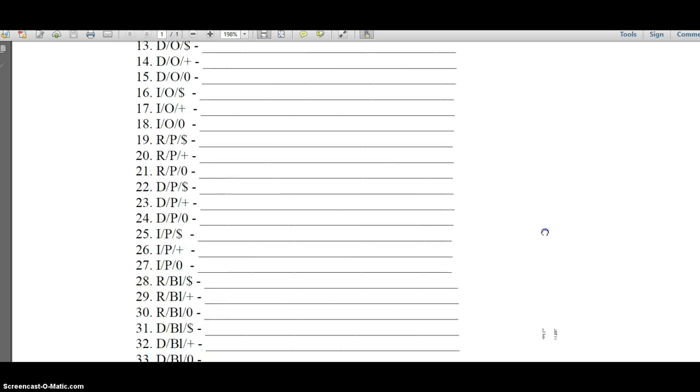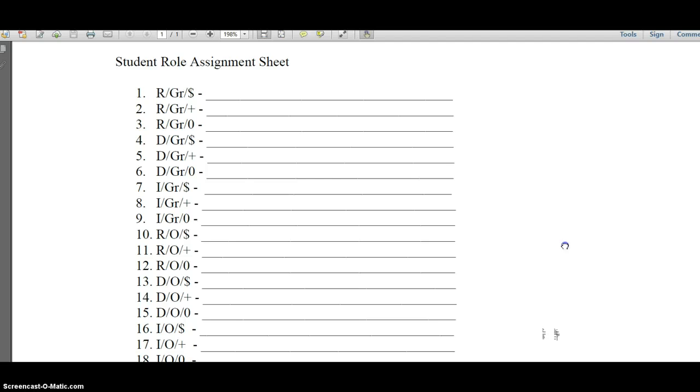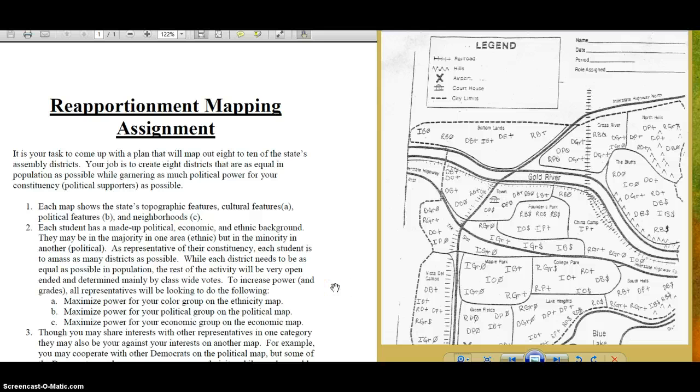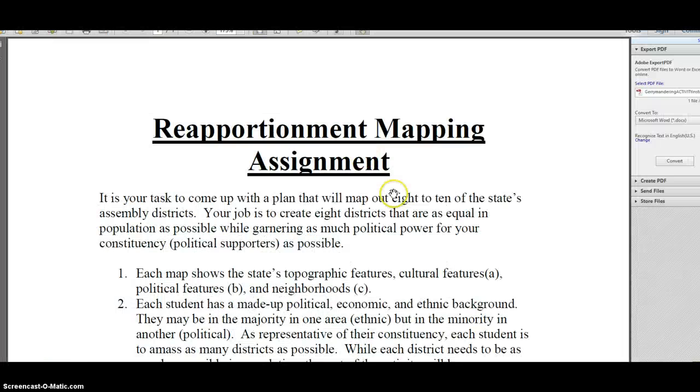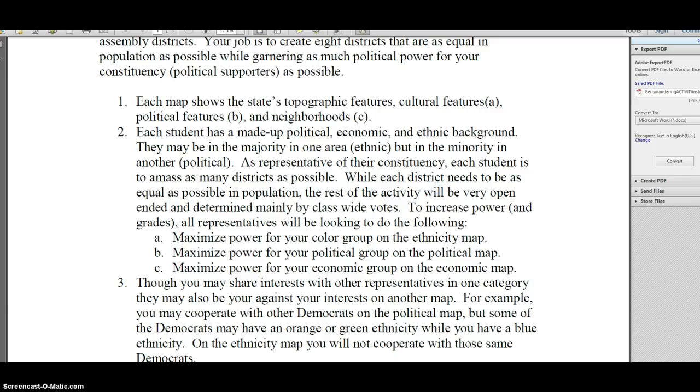Now, as you'll see, there are 36 combinations, which means that no two students are going to have the same demographic identity in this game or in this activity. So everybody is potentially an ally, but also potentially an enemy. I've posted these rules, instructions on my blog, but just to give you a quick overview, the kids are going